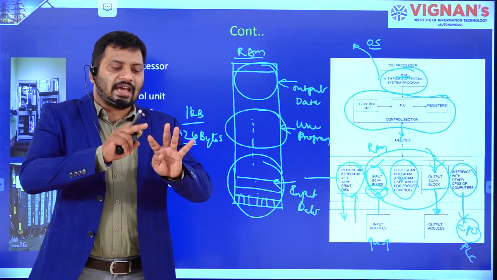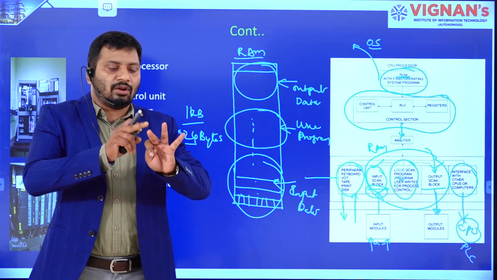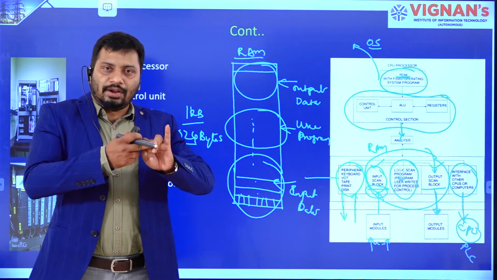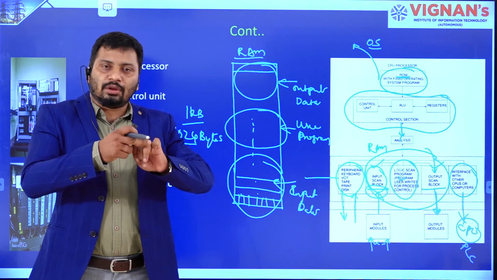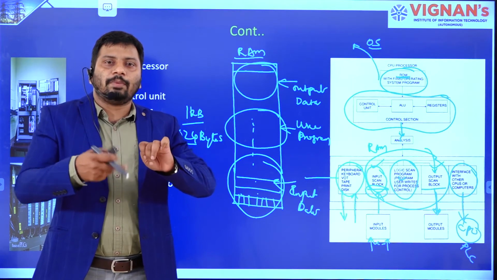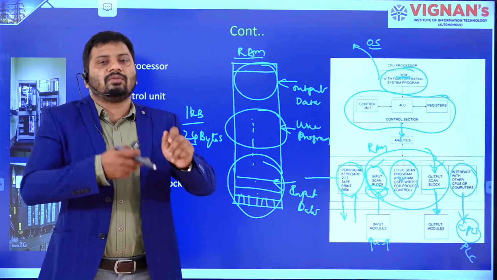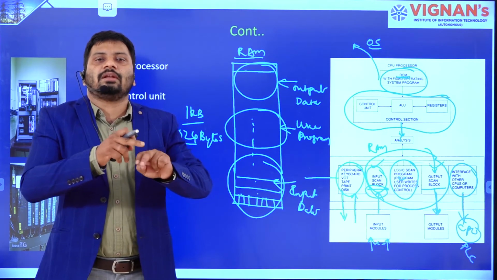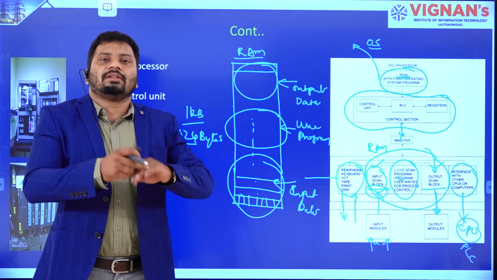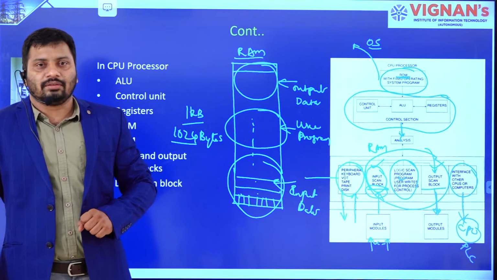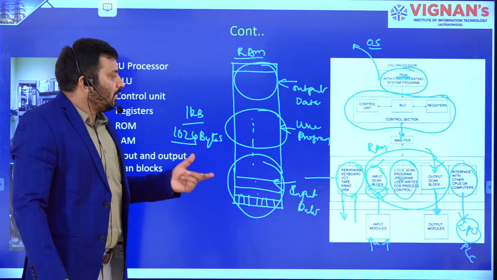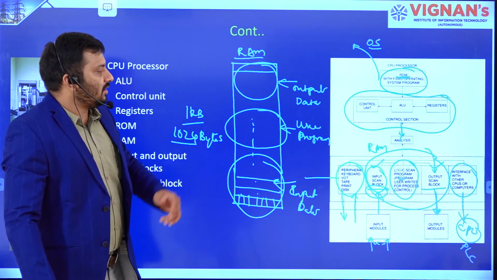It is going to scan the input data first, then the logic scan, then update the outputs, then do some internal debugging. That means if there are any mistakes, they are going to be corrected. Then once again input scan, logic scan, output update, then once again internal troubleshooting, right? So this is what happens in PLC operation, right?